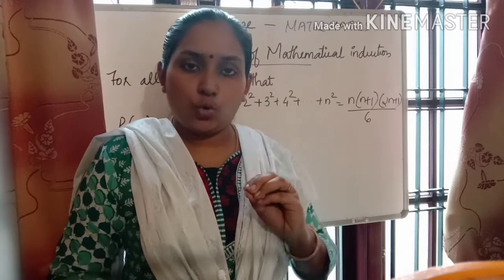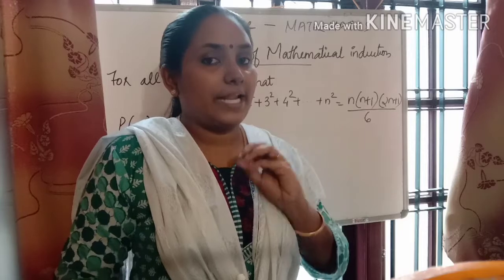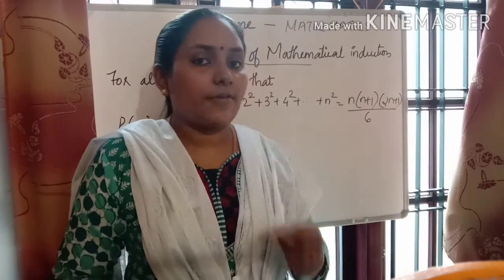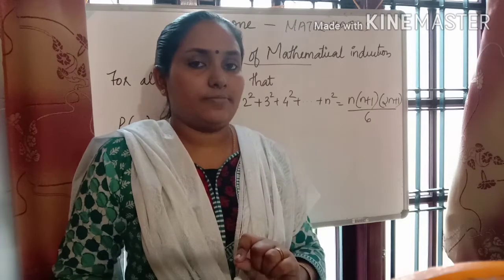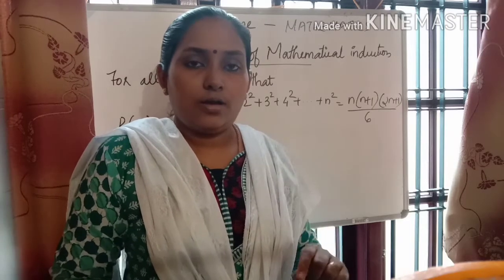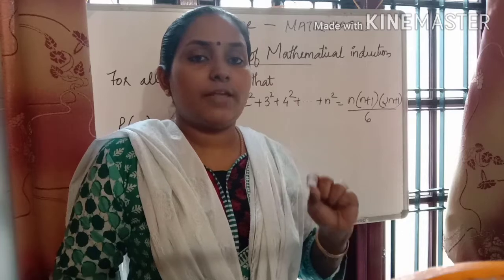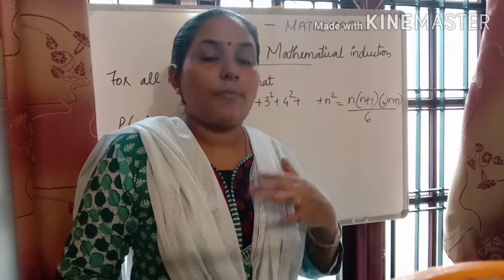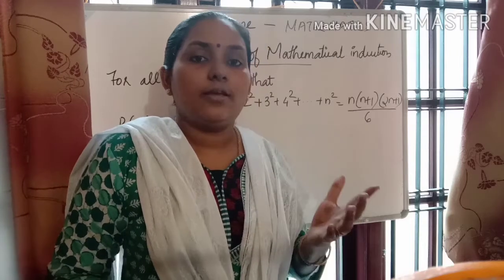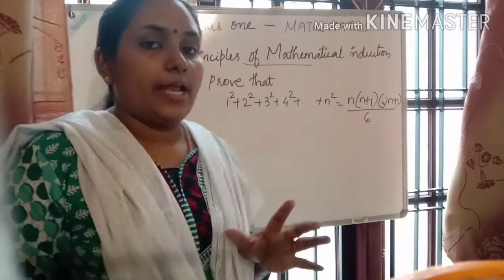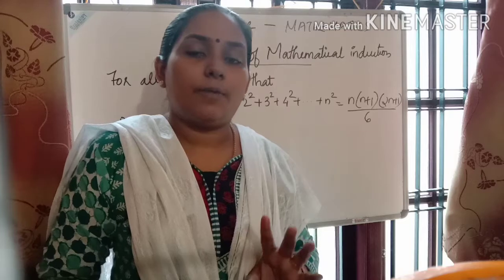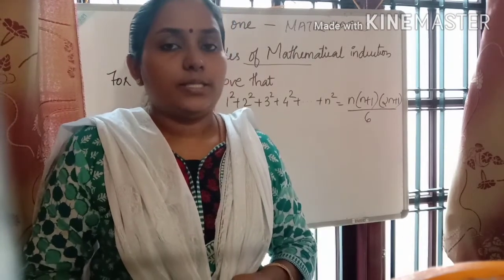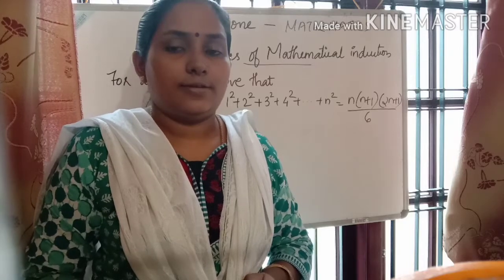One key basic rule of mathematical thinking is deductive reasoning. Deduction is the application of a general case to a particular case. For example, for the sum of positive integers up to n, we believe the formula will be n into n plus 1 divided by 2. Right? In this chapter, we are going to prove this type of formula.